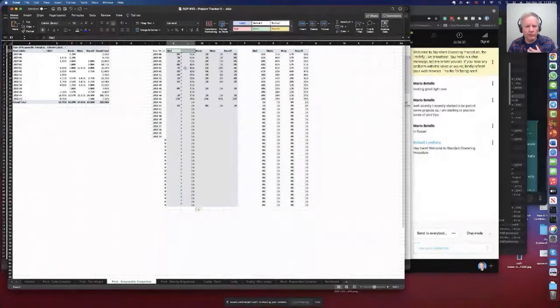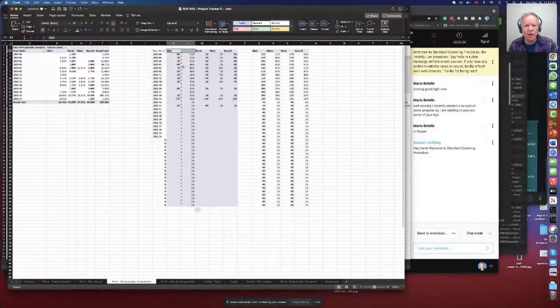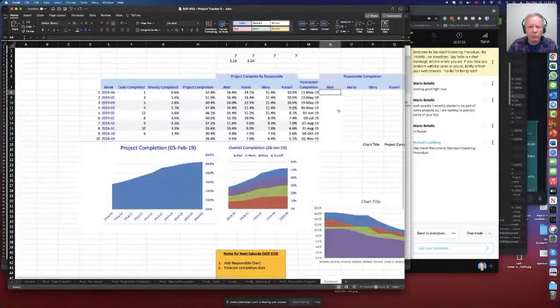For me, it makes more sense is all of this block is just the completion by week, and all of this block is the cumulative completion by week, how much they've accumulated each week. And this is the part we'll show over here on the dashboard. But it can make more sense for you if you pair them, right? Maybe this looks more sensible because it's right next to the column it's summing up. Back at our dashboard, this is going to be